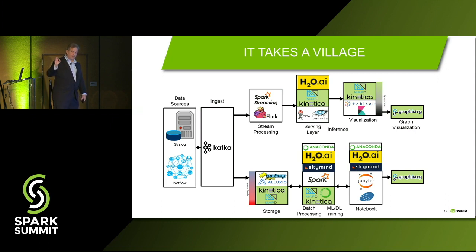In addition to having GPUs accelerate deep learning, there are GPU-accelerated applications for data analytics. There are some notable GPU-accelerated database companies that I'd like to call out, like Mapt and Kinetica and BlazingDB. There's some visualization packages. Graphistry is a notable one. And so what's happening is these GPU-accelerated applications are starting to be able to nucleate into the Spark ecosystem.